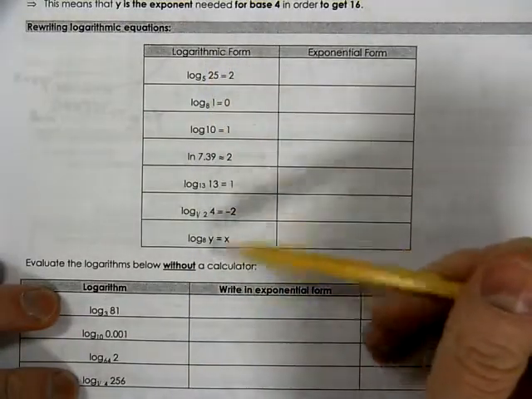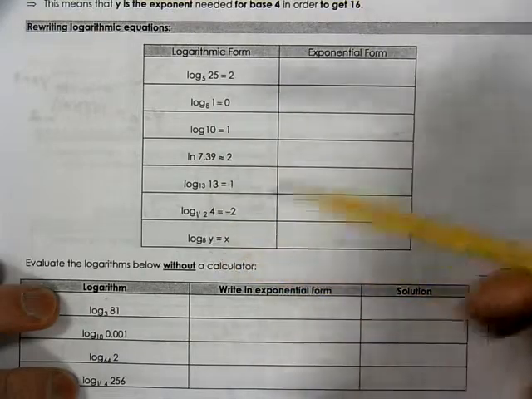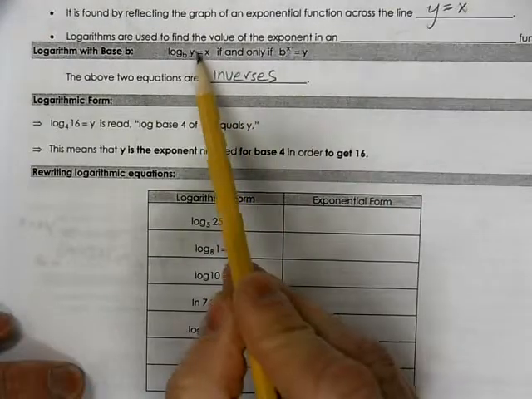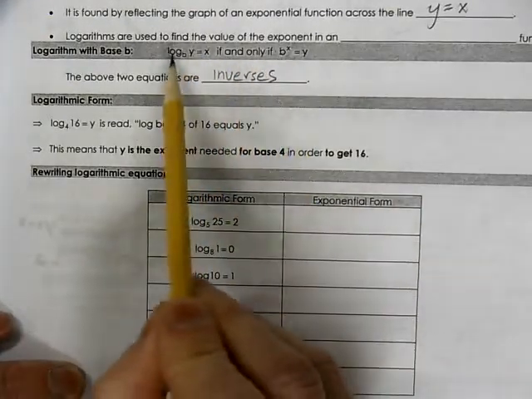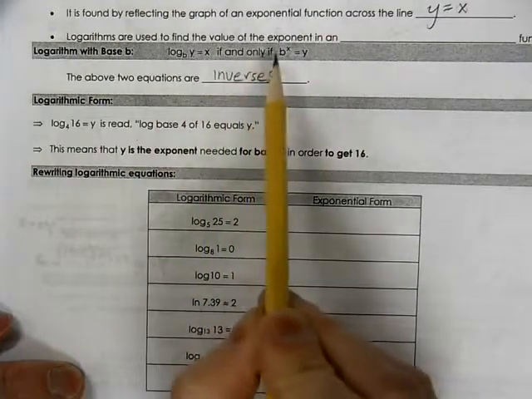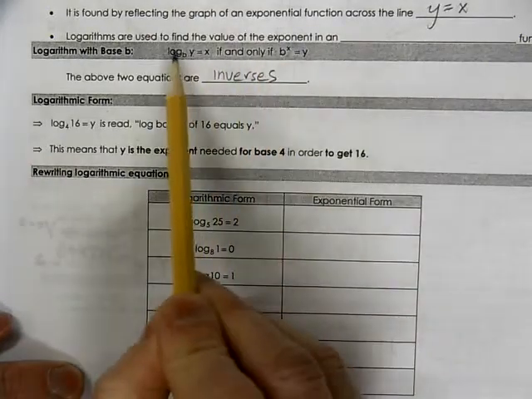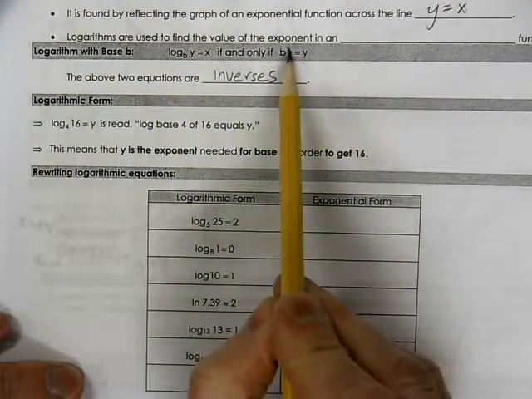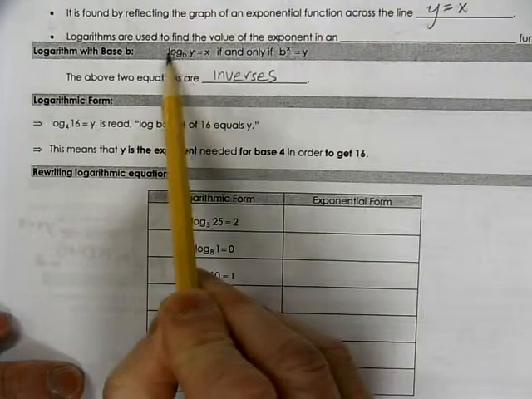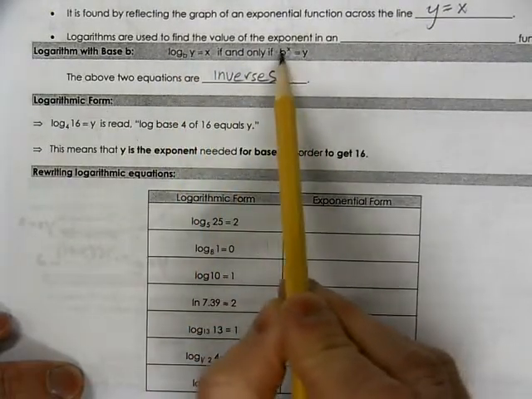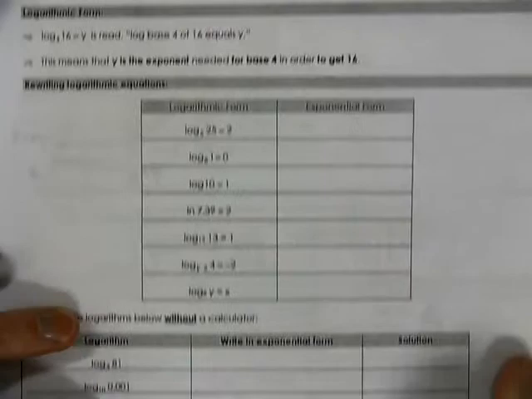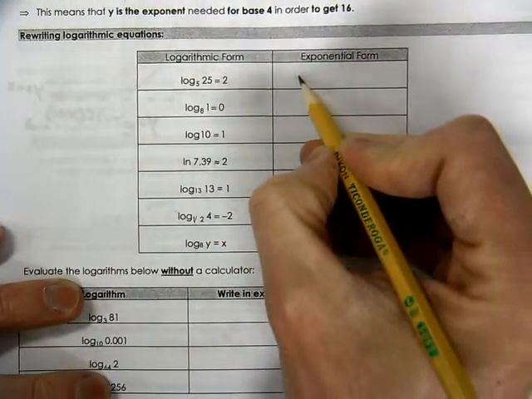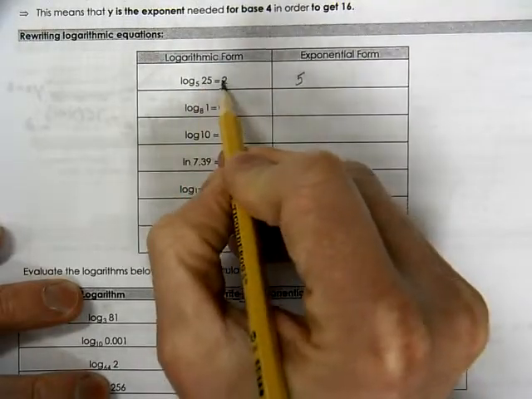Here we have several examples in logarithmic form, and we're going to convert it over to exponential form. You can use this pattern, noticing that the base of the logarithm is the base of the exponential. What the logarithm equals is always the exponent. And then what you're taking the logarithm of is what your exponential equals. So in this case, you have 5 squared